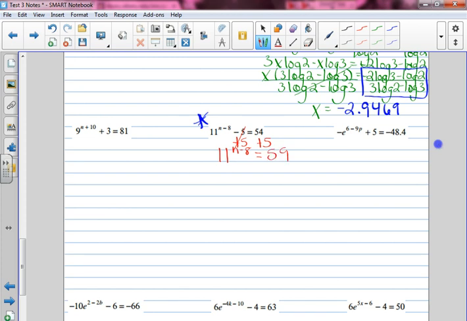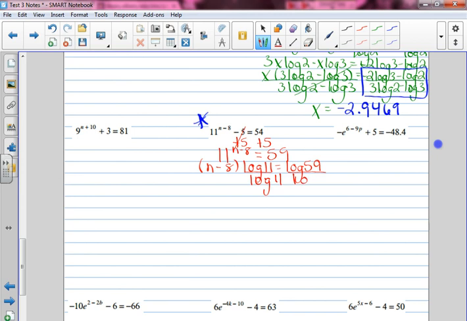Now it's easy. Now you need to make your exponent the coefficient. So n minus 8 log of 11. And since you introduced a log on the left, you must introduce one on the right. So log of 59. You do not need to distribute this time, and the reason you don't, and you did last time, is the one above you had parentheses on both sides of the equal sign. Here you do not. So here you would go ahead and divide by log of 11,